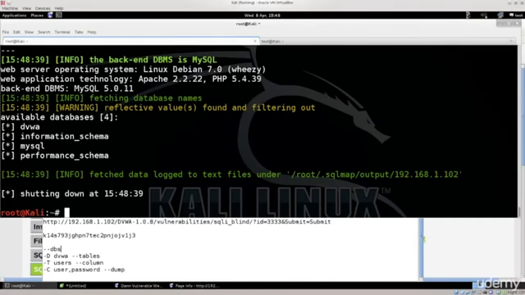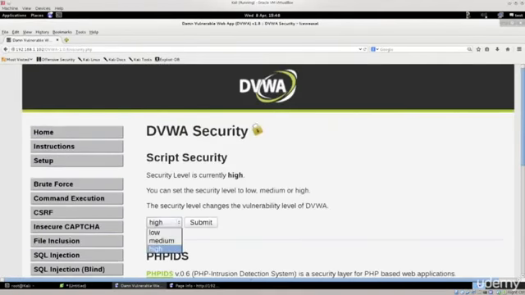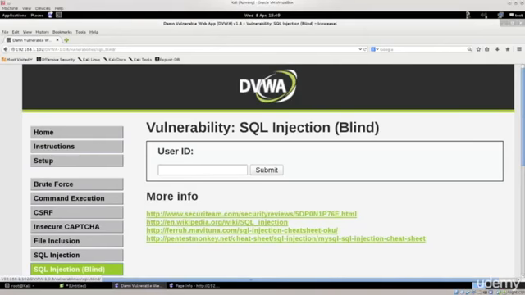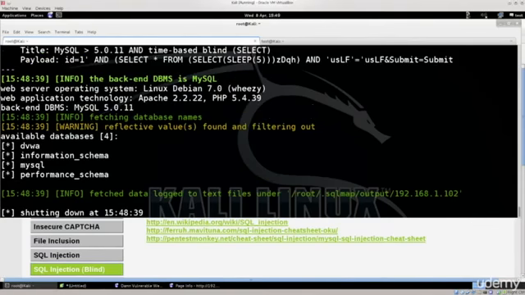So once again, you see I've just modified the cookies themselves. I haven't actually modified the site. If I go back to the site and click on security, it is on high. You see, this has not changed at all. I'll just go back to the SQL injection blind. Go ahead and open up the terminal. And it says here,